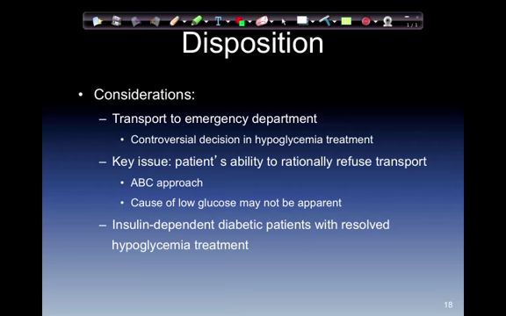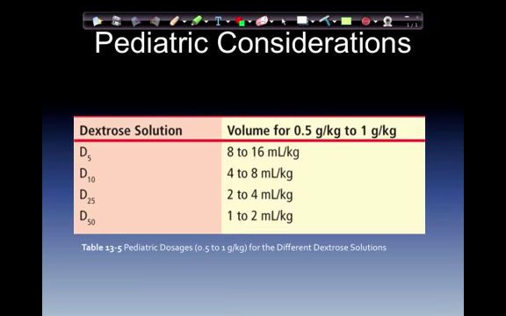Table 13.5, which we're fixing to look at, is alterations for pediatric administration of glucose. And this would be variation of dextrose solutions. This is what we normally give. This is half strength. So for pediatric considerations, on half strength, we squirt out half of the dextrose and mix it up with half normal saline and shake it vigorously to be sure it's all stirred up.